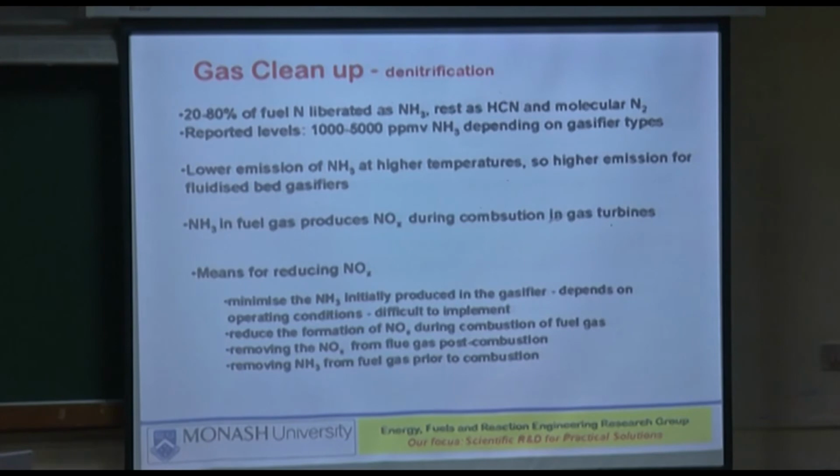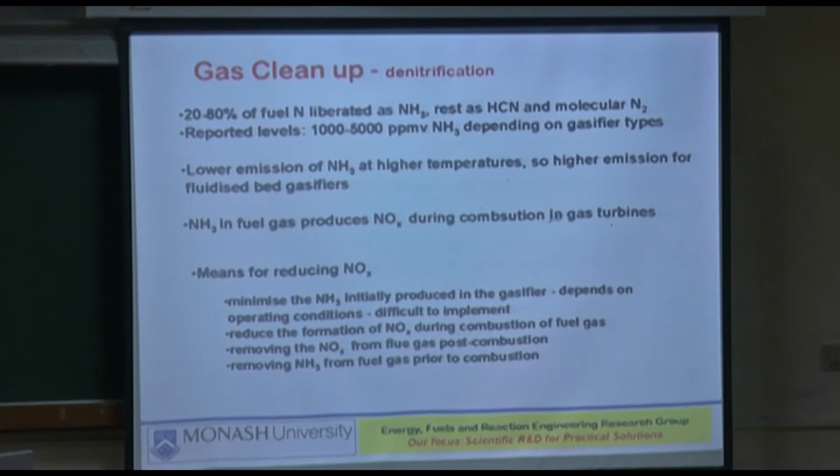Then, so particles gone, sulfur gone, denitrification. Usually anywhere between 20 to 80% of the fuel nitrogen is liberated as ammonia. We are not talking about the nitrogen that comes with the air. There will always be some nitrogen, even if you use high purity oxygen. So we are talking about the fuel nitrogen when we talk about ammonia and the hydrogen cyanide that is produced